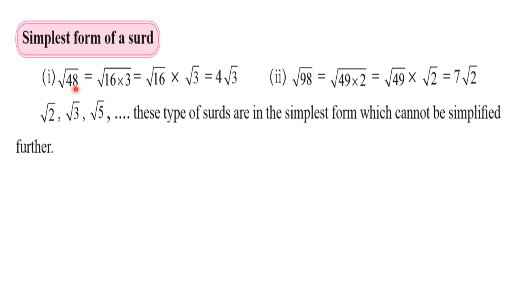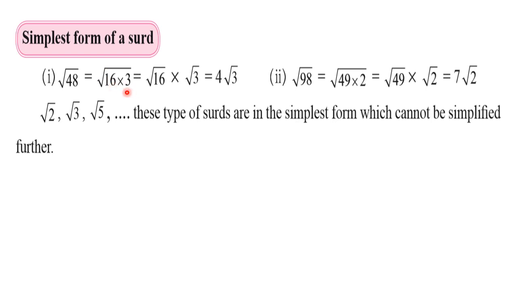Now you have to start with the square of 2. Square of 2 is 4. See, 48 is divisible by 4. 12 fours are 48, you know that. But we have to think of the biggest square. After that, 3 square is 9, but 48 is not divisible by 9. 4 square is 16. We can divide 48 by 16. 48 we can write as 16 into 3. So 48 is factorized in such a way that one factor is a perfect square.